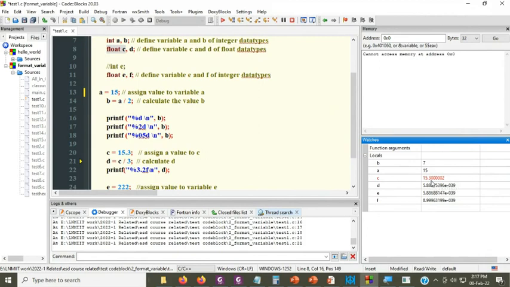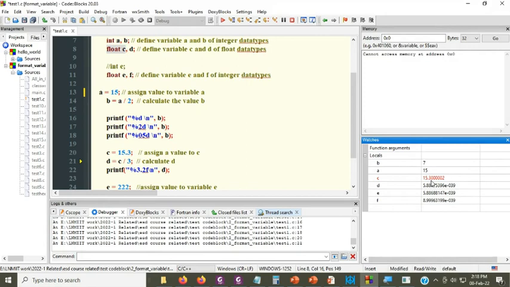Why is it not printing 15.300000 something? Because the float never stores the exact value, as it is done by a different ALU. No, not a different ALU. By the floating point unit, I mean. Yeah, you are using the floating point unit. And when you are using a floating point unit, you will be using either single precision or double precision, depending on the core of the microprocessor of your system. My system is a 64-bit processor, so definitely it will be using 64-bit floating numbers, so it will be using double precision values.